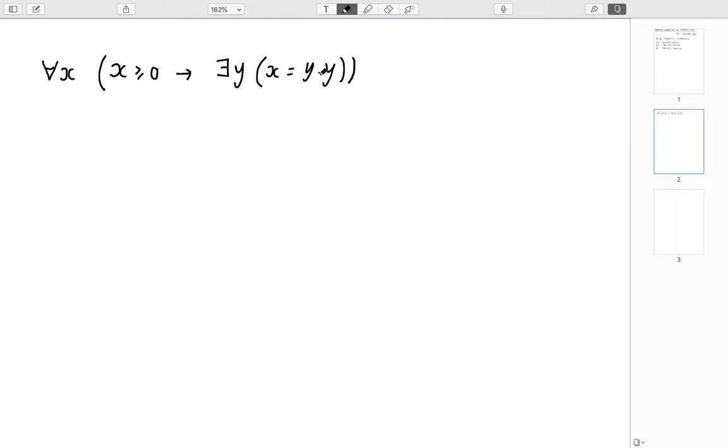This is not a predicate because it takes two numbers as its arguments, but it doesn't return a truth value, it returns another number back. So this is called a function symbol as opposed to a predicate symbol. And of course, if we read this in the natural way, it's saying that every non-negative number is a square number. So this is clearly going to be false